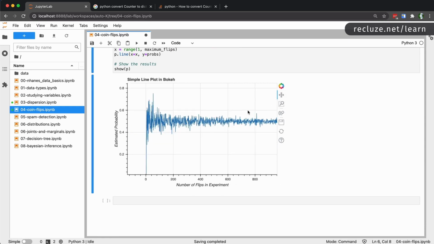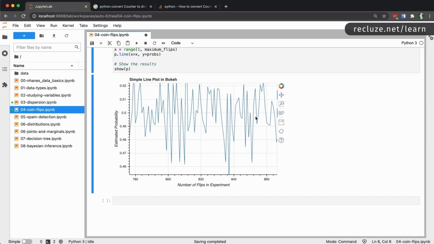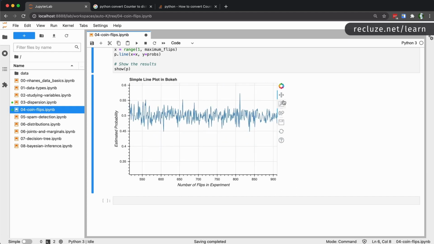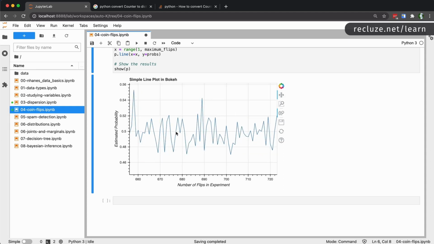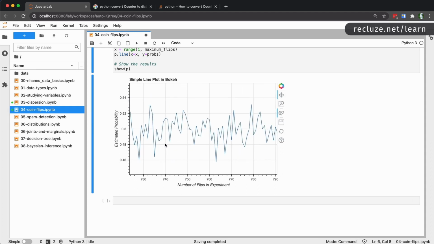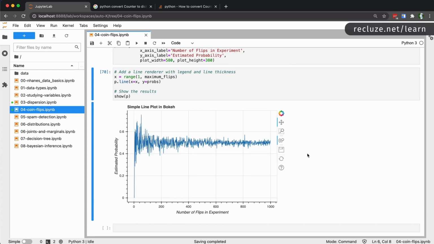So you can go ahead and move this around. You can go ahead and zoom in on any particular area. You can also use this magnifying glass to zoom in on a particular area, and so on and so forth. So it's very useful if you want to experiment with your results. So Bokeh is a very good library. You should get into the habit of using this as well. So here what we've done is we can go ahead and reset this. We have run this experiment, and at the end we have come up with this roughly 0.5 answer for our experiment.